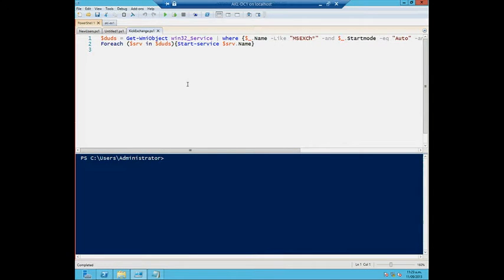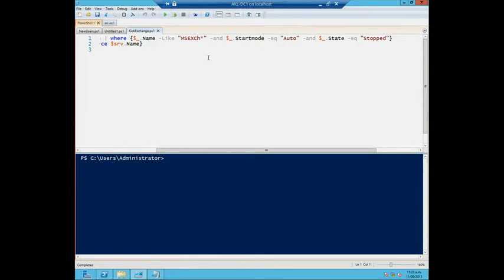So here is a script that I use in my training environments because when I'm running 5 and 6 Exchange servers on a single 32 gig or 16 gig host, it struggles. And if I try to fire them all up at the same time, I get cases where servers don't run. So what I tend to do is put this little script in here, 2 lines. Have a variable, a Get command that's going to return all my services. But there's a Where command, so show me all the ones that start with like Exchange.